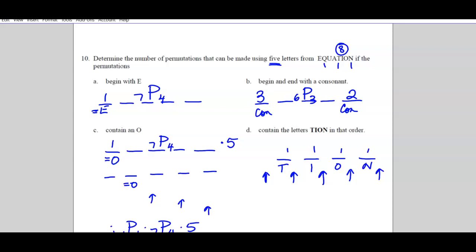How many possible letters? 4. Right? Because T-I-O-N used 4. So 8 minus 4 is 4 letters that could go in here. Okay? So we have 5 places to arrange those 4 letters. Okay? So that's going to be,